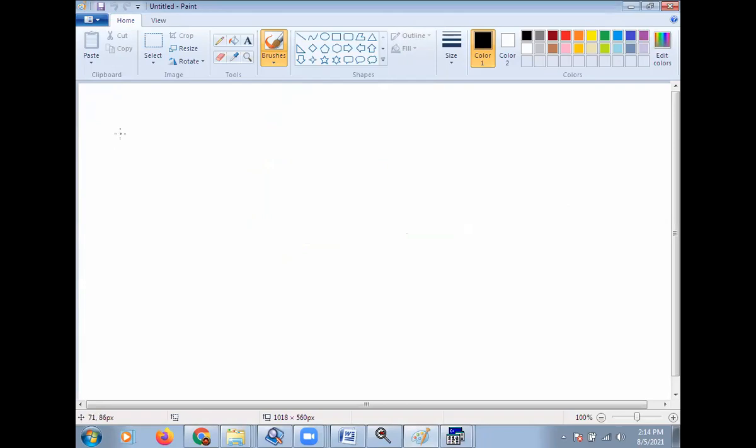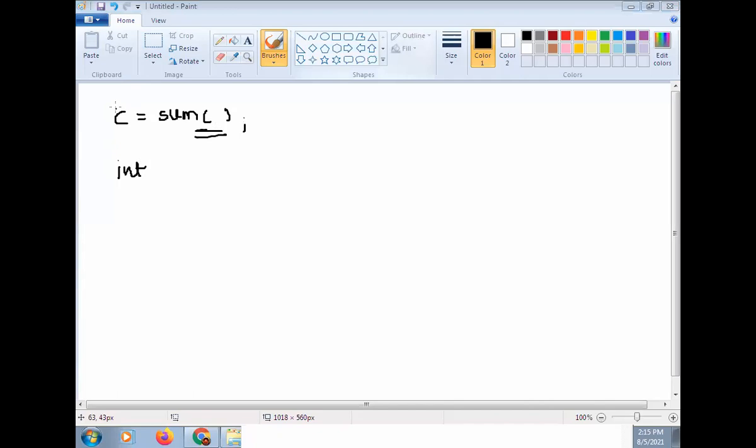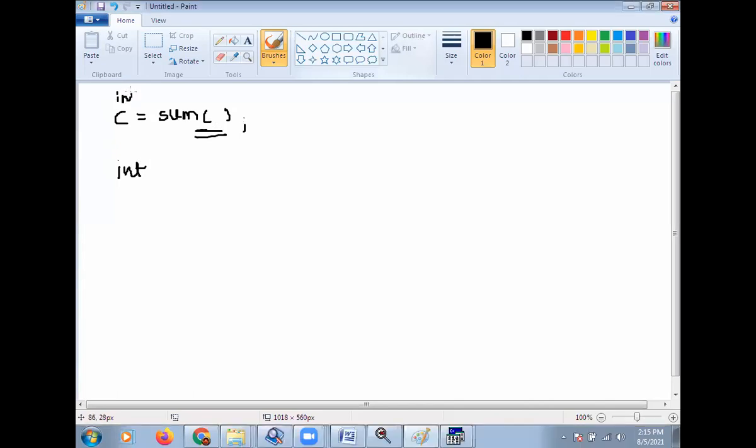In the previous program, we have written a statement like c is equal to sum with empty parentheses. Then first we declared integer sum, where there are also no parentheses.